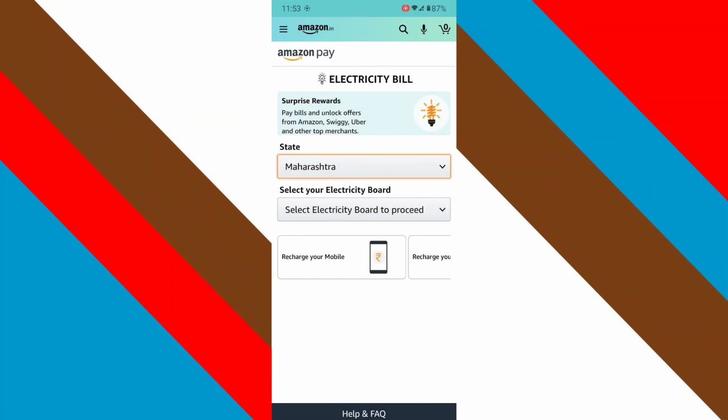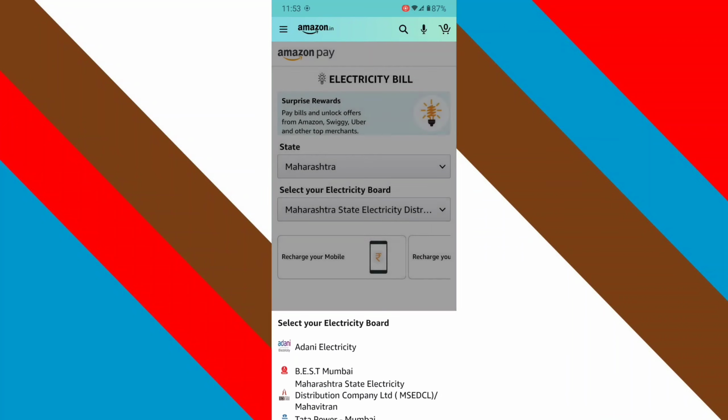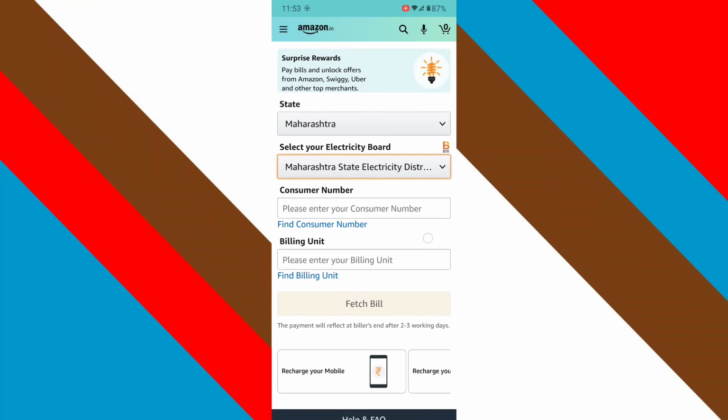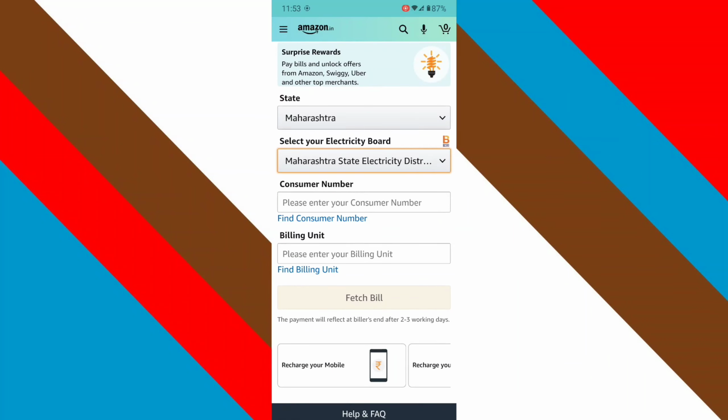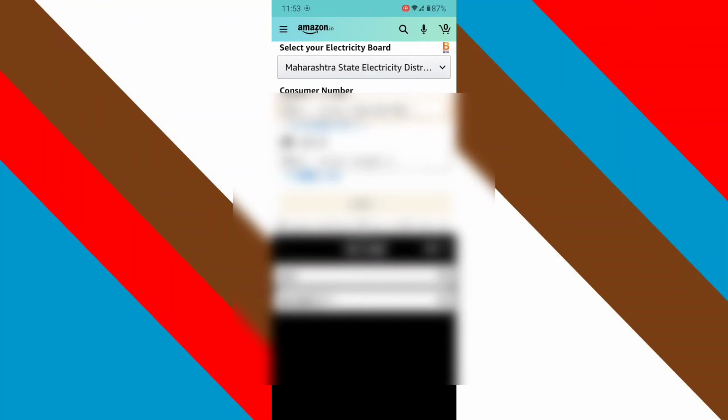After that, you need to select the provider, so you need to choose which provider supplies your electricity. So I'm going to select my provider here. After that, you need to have two IDs, which are the customer ID and the unit ID. They will be present in your light bill, guys. If you have an old light bill, you will get these details from there. Copy those details and paste them here and it will connect to your light bill provider.